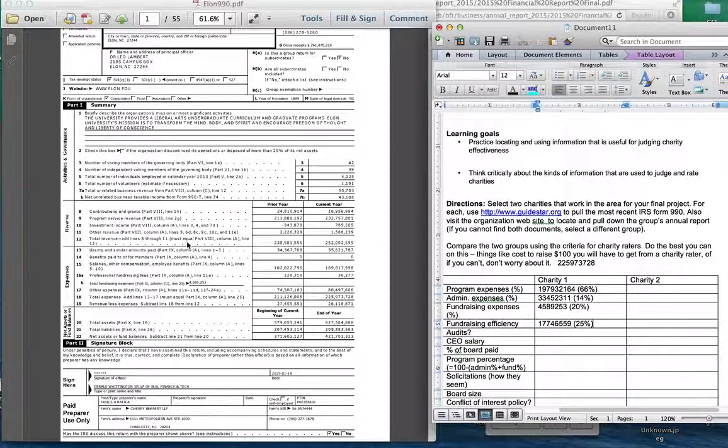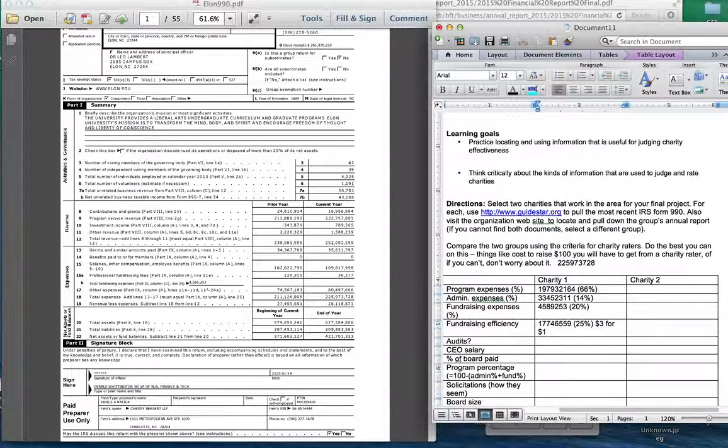You'll notice that the biggest thing for this, if you go further down in the 990, is actually paying somebody to manage the endowment for us, which we pay a lot of money for, almost $2 million a year for someone just to manage the money in the endowment. Another way to think about this for the fundraising efficiency is that we raise $3 for every $1 that we